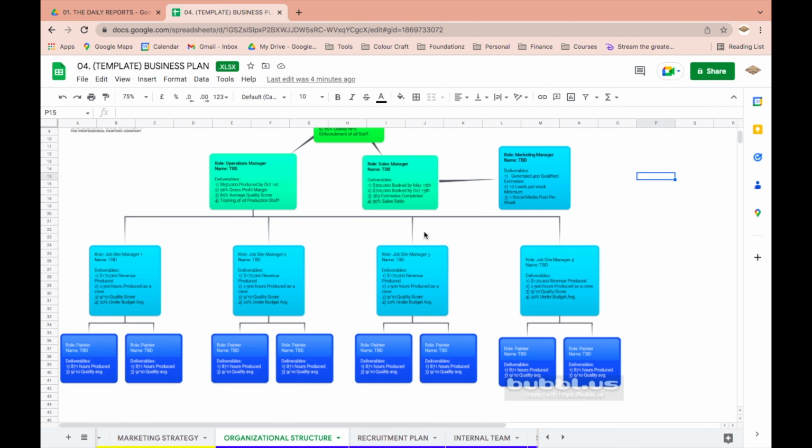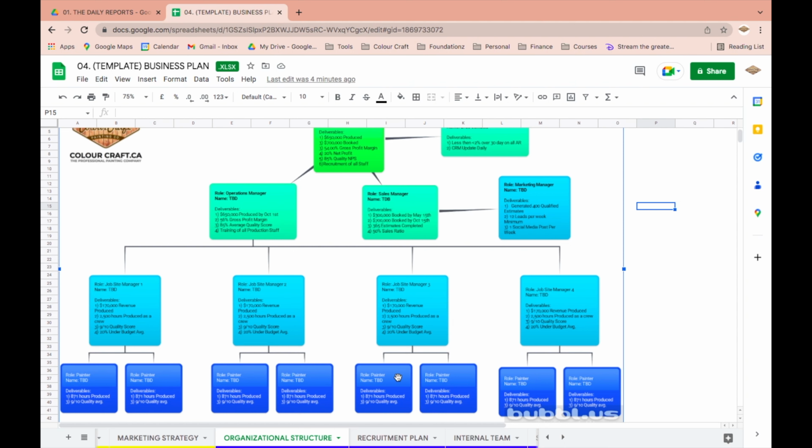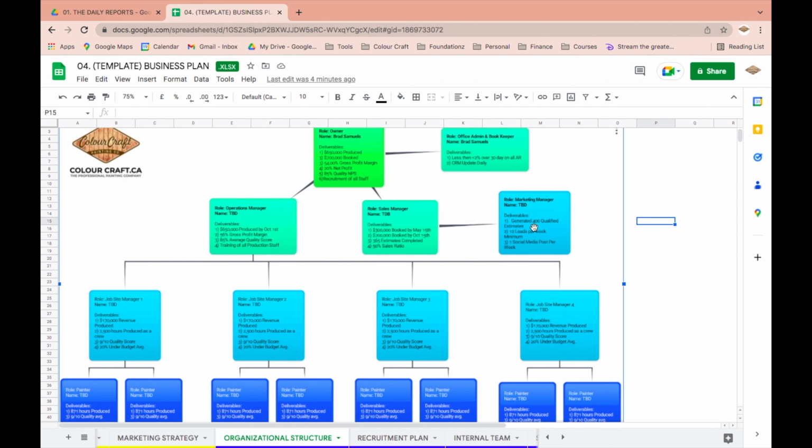This looks like it's a team of 12 people. So this is basically what a $1 million franchise looks like: 12 painters, an operations manager, a sales manager, a marketing manager who reports to the sales manager, and then accounting and bookkeeping who reports to the owner. And the owner of the franchise has 2 people reporting to them, which is the sales and the operations manager.